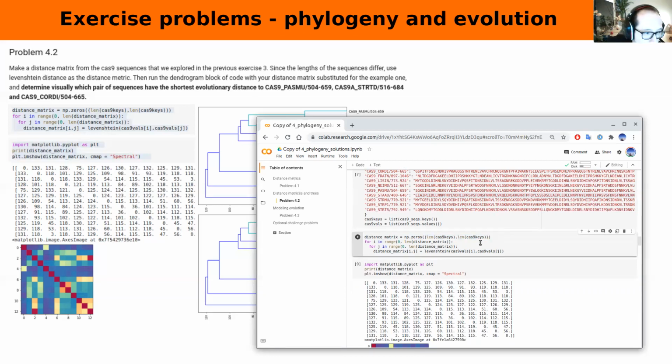But if we supply two numbers without the parentheses, then it will get confused, because it will see this first one and think, oh, we want a one-dimensional sequence, and it will see the second parameter and think that this is some additional argument, such as the data type, which you can also supply to the zeros function. A bit of a tangent there, but anyway, we make this empty zeros matrix,